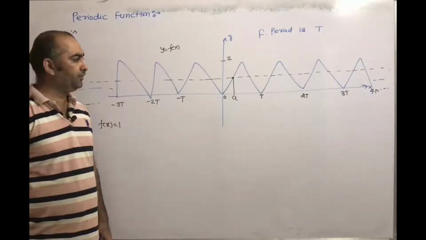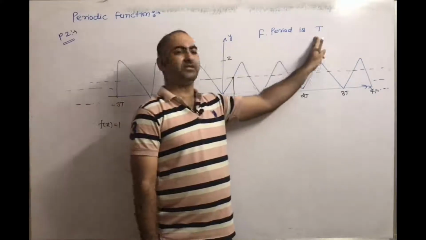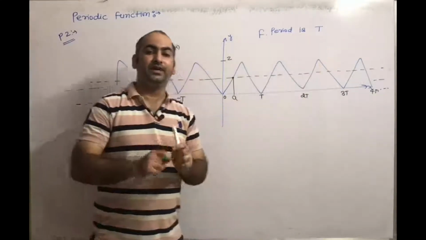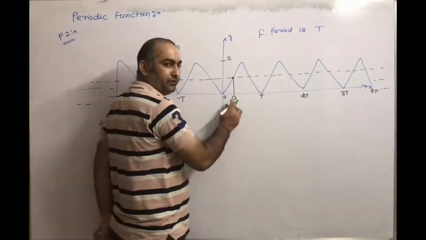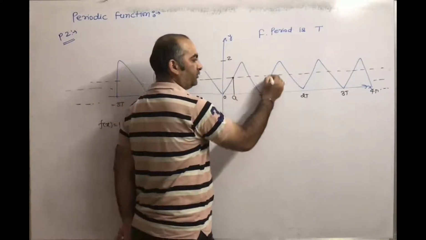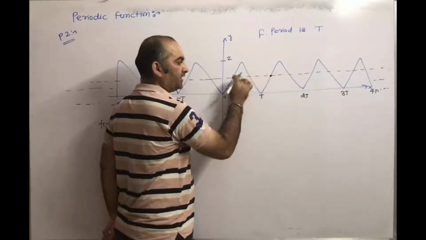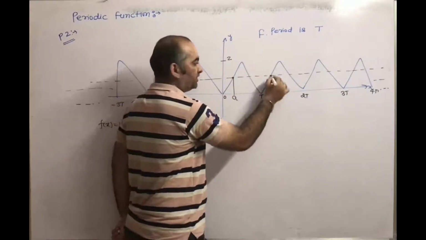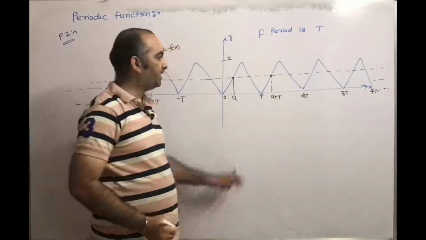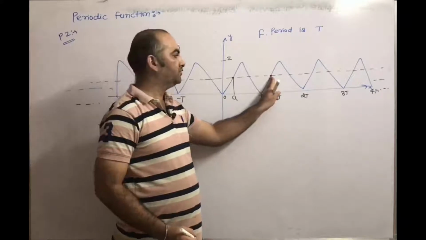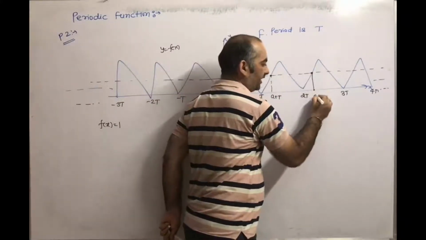Now you can see, we know that for y equal to f(x) the fundamental period is T. That means it will repeat the same value after T. So here is a. If you go from here to here, this interval length is T, because one cycle will come. So this point we can say is a plus T. Similarly from here, if I go T distance away, this point's x value will be a plus 2T.